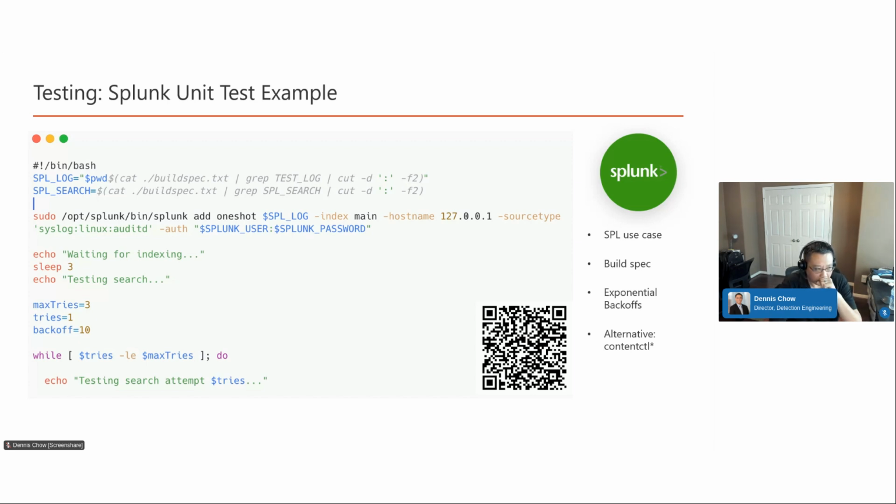testing only. Again, you have build specs, and I have something called exponential backoff. So maximum retries, how long between each retry, and how many tries should you actually do. Now the alternative to this is something called content CTL right over here. The problem with content CTL, while there's nothing wrong with it, if you want to just simply deploy a single or a few use cases and not have to package everything up, or perhaps you don't have a Splunk Cloud,